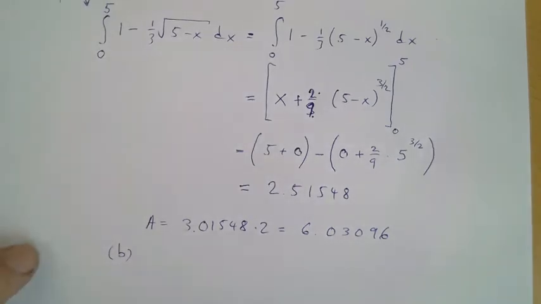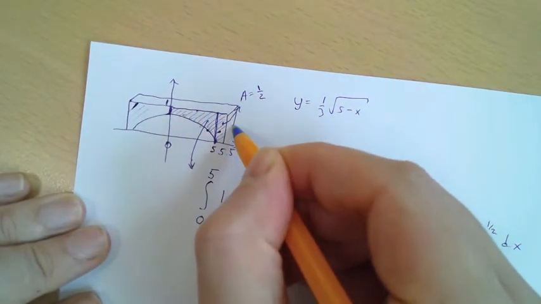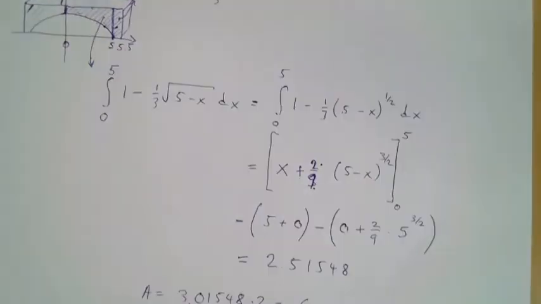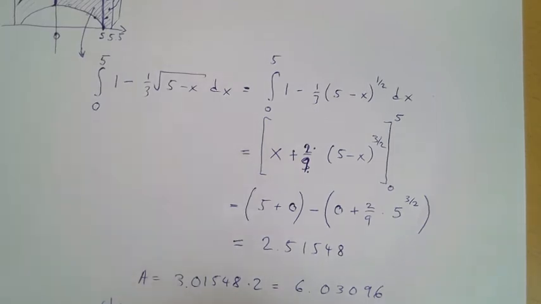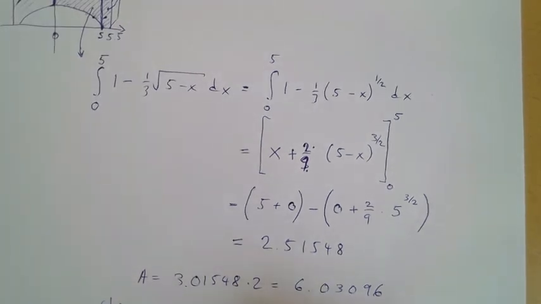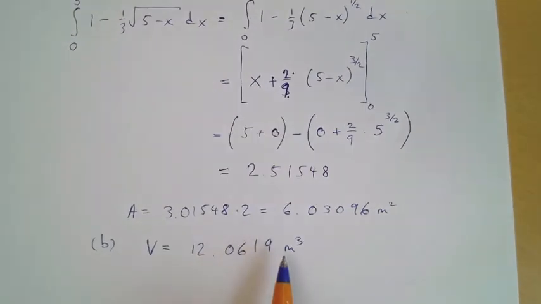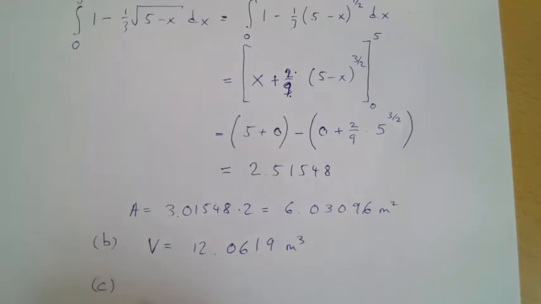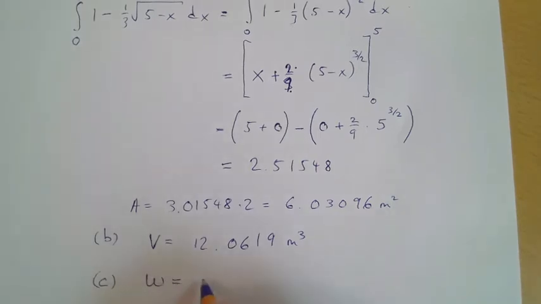In question B, they tell us to actually find the volume. So we need to multiply by 2 because the depth is 2. That's very easy. The volume is 12.0619 cubic meters. This was square meters because it was an area. Cubic meters because it's a volume. And finally, to find the weight, we need to multiply by 5,000. So the weight is 5,000 times the volume, and it yields